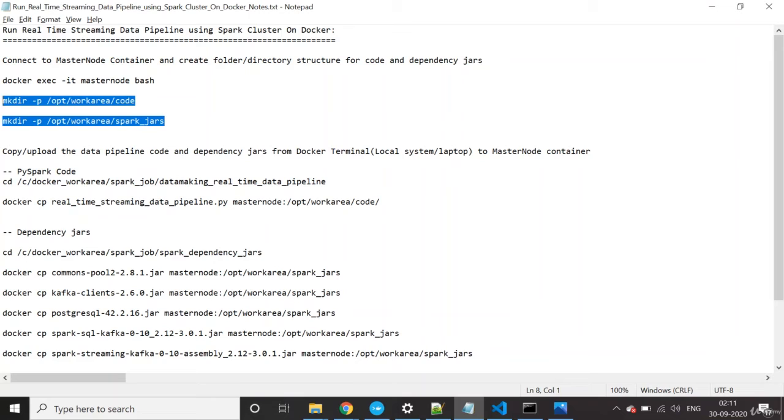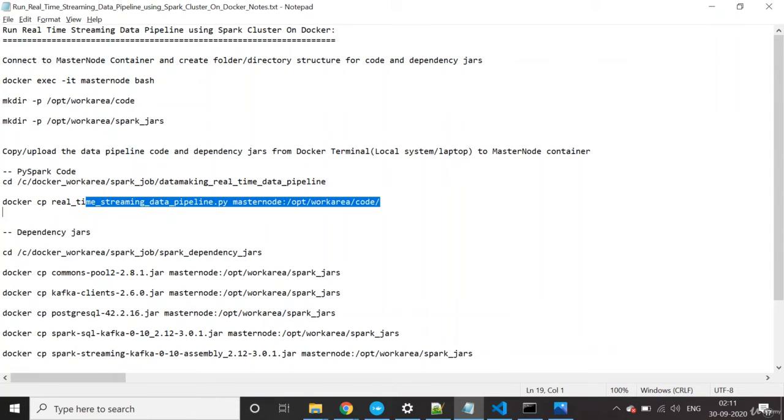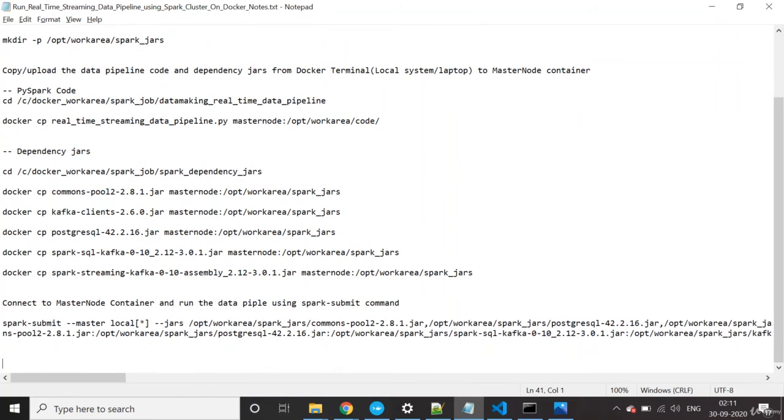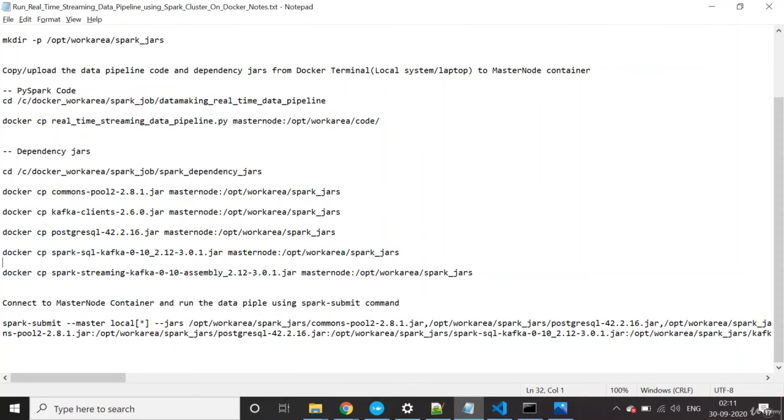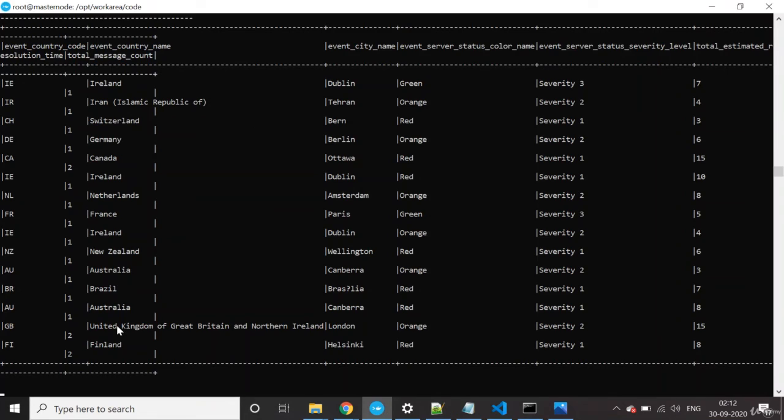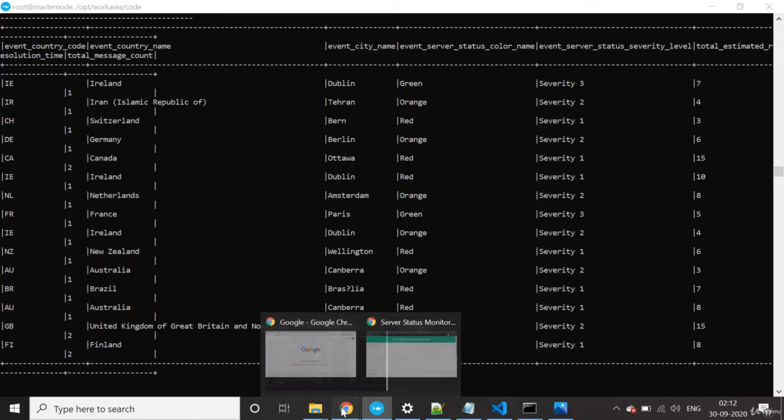Once the structure was created, we logged out of the master node and, using the docker cp command from the local machine, first copied the PySpark source code, followed by the Spark dependency jars for the Kafka connector and the Postgres connector. Then we ran the data pipeline job using the spark-submit command. It is running successfully and has already started publishing data into the Postgres table. Let's refresh our dashboard to check the data.